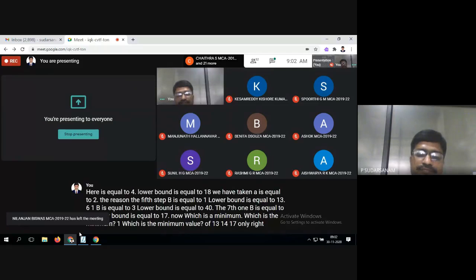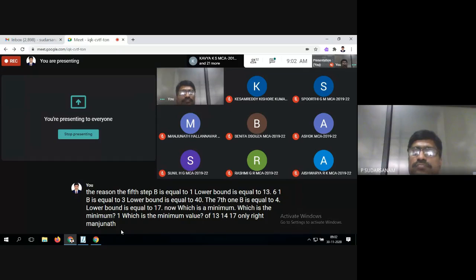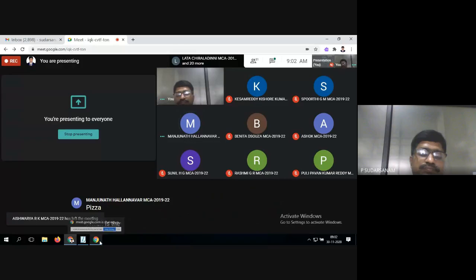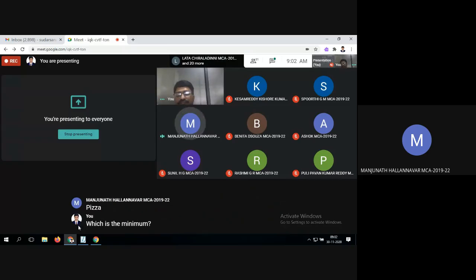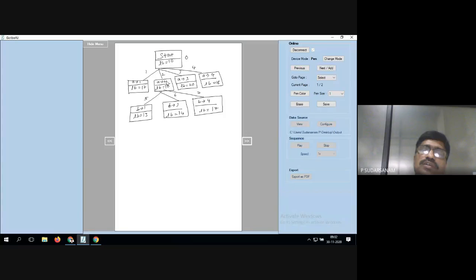Manjunath. Yes, sir. Which is the minimum? 13. 13 is the minimum. So now A is equal to 2 you have taken, B is equal to 1 you have taken. Which is the remaining now to be considered in the matrix? That means what? Second column and first